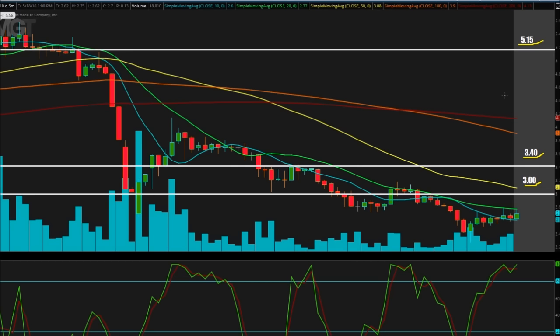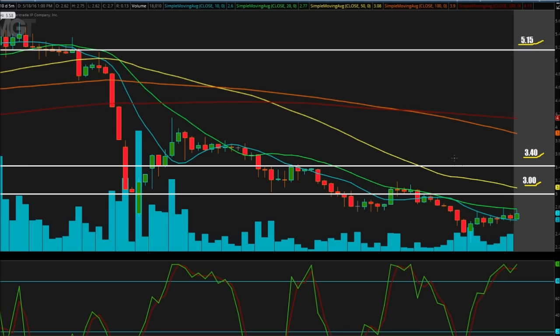But just keep in mind that even if this does run after hours, we might see selling off like we did here today during the market hours. So that's exactly what happened today on MGT. It had a great after hours, a great pre-market, but within an hour of open, we had a major selling off. So even if this thing is running tomorrow or today after hours in pre-market, just be really careful.